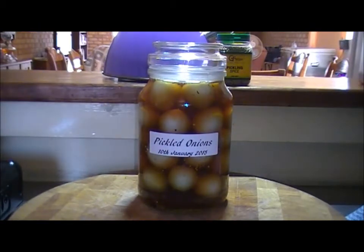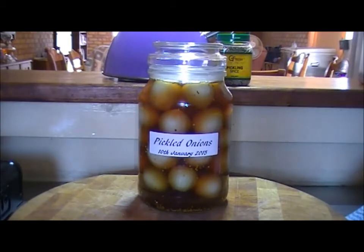But I'm trying to encourage you to actually start making some things like this so you gain a little bit of knowledge, particularly if you're people that are still on the grid and you want to head off grid. It's good to do a few things like this so it's not strange to you when you have to do it when you're out in the bush growing your own onions and